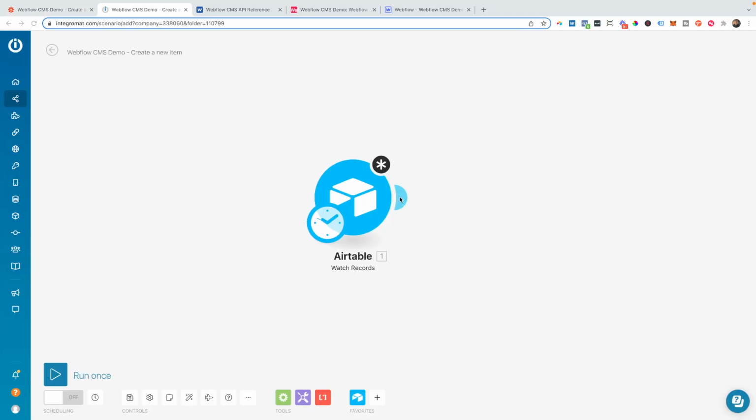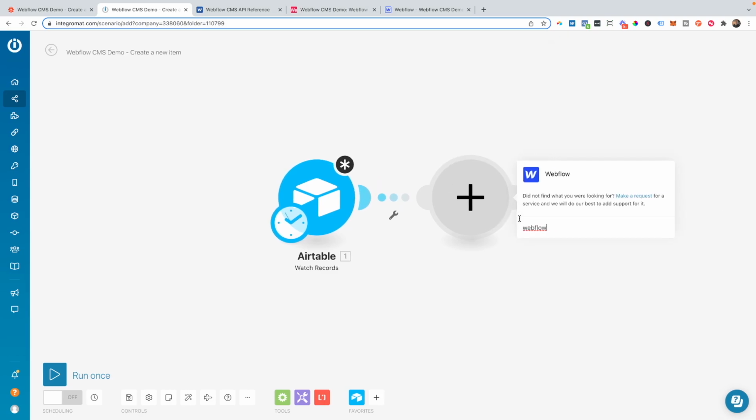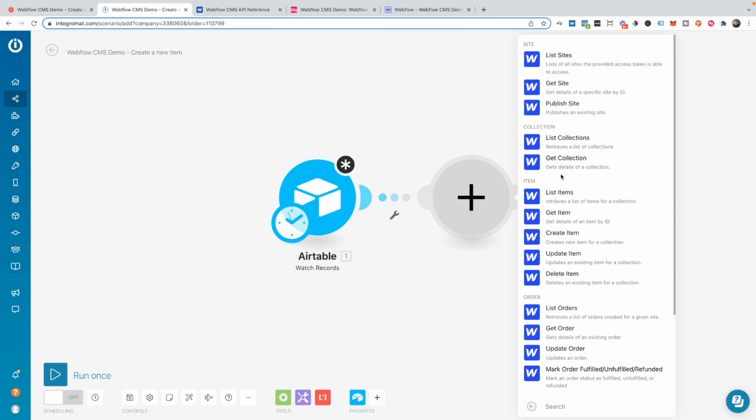Now I'm going to be diving into what each action step means, but before we do that, let's have a quick look at what we can do with the Webflow CMS inside of Integromat. As you can see, there are a few additional options that are currently not available inside of Zapier. For example, we have the list items action, the get items action, the create item action, update